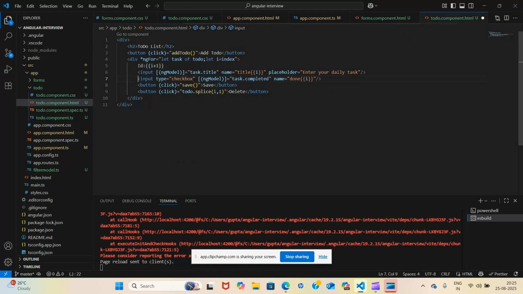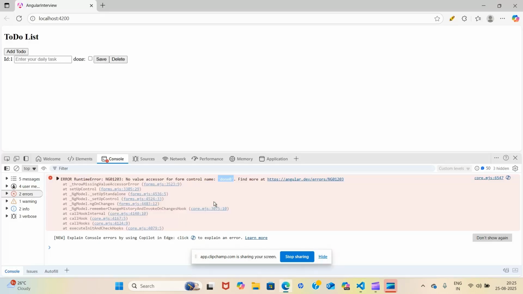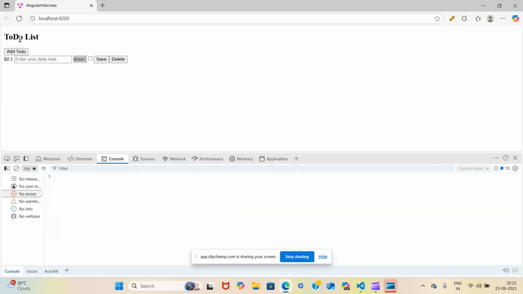And if you want to show done, you can write like this. So now if you save it and go, yeah, now you can see that done is coming. And if you just clear the console and refresh it, yeah, now see if I add this, that error is not coming.